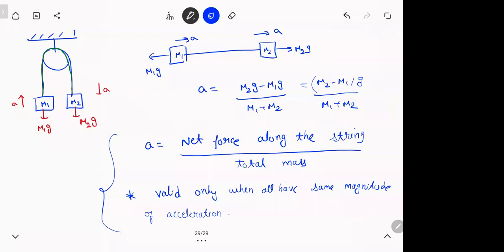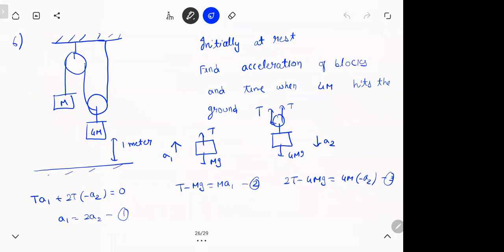Put it down. Let me give you a few more examples, and then I think it should be fine. And if you're still confused, we can discuss. So the main idea is this: you're taking forces along the string, and force is total mass times acceleration. This saves you time, no equations, nothing. But you can't use this for this kind of problem. It won't work because both won't have the same acceleration. The magnitude of acceleration is not the same, so you can't use it for these things.